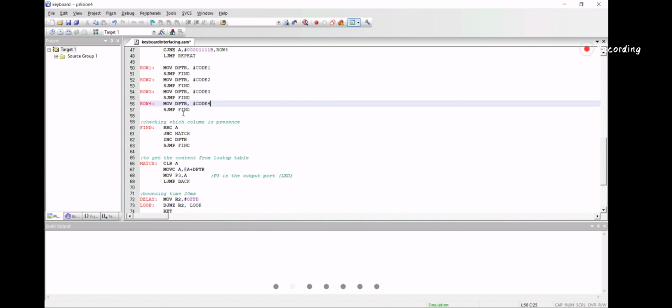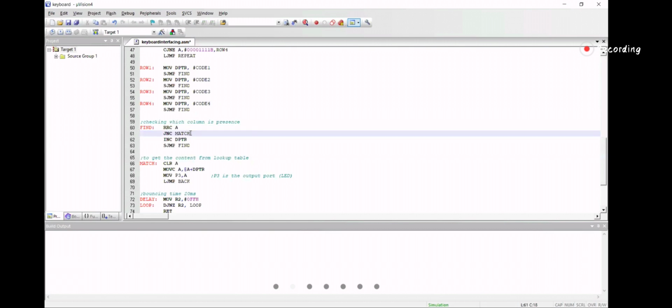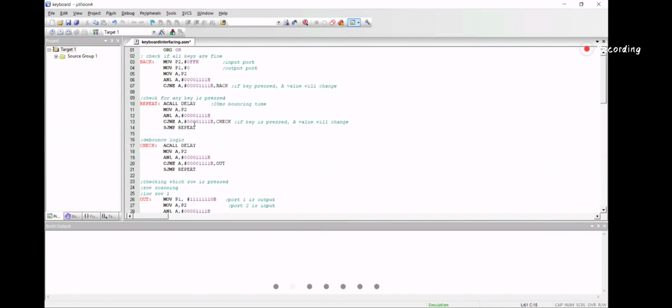Then we'll find which column has been pressed. To find that, we need to do RRC, right, rotate with carry. And I explained to you which key is pressed. Right? It's difficult.